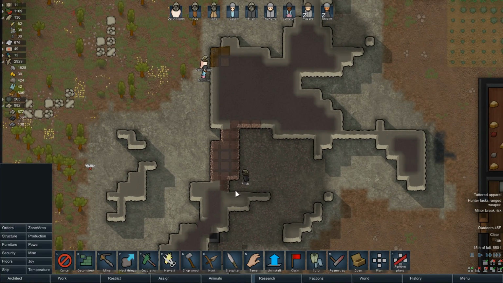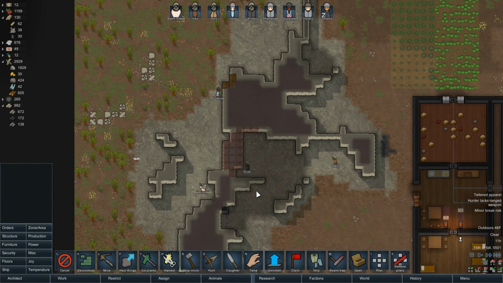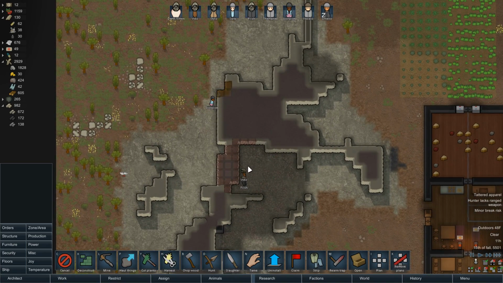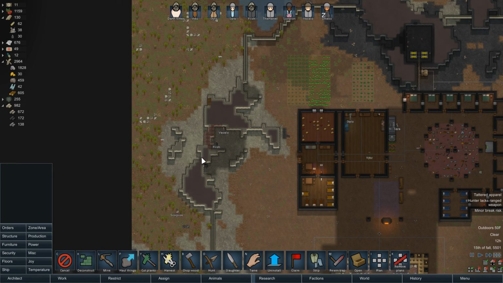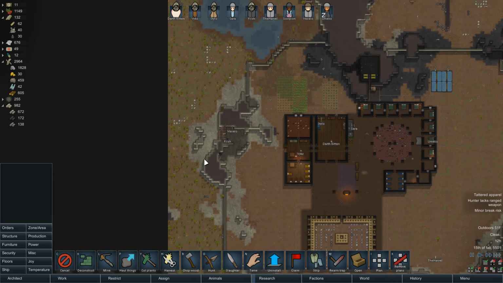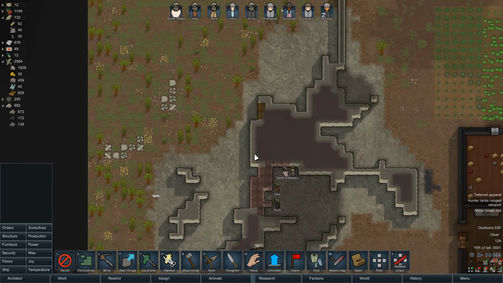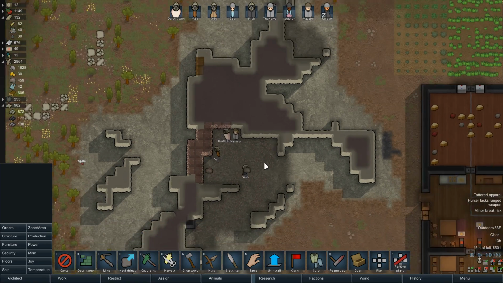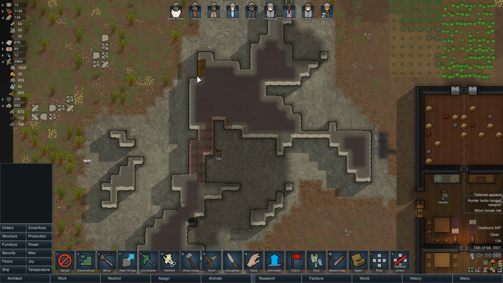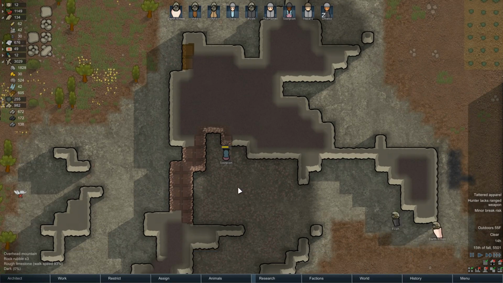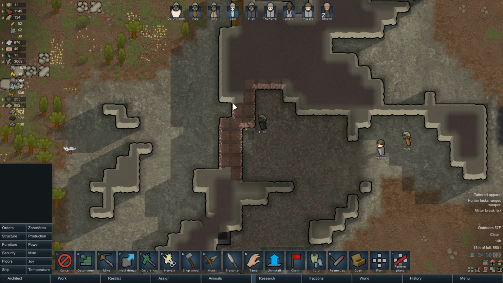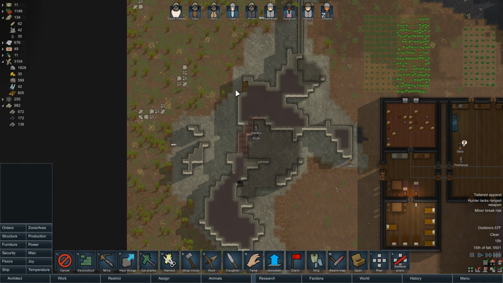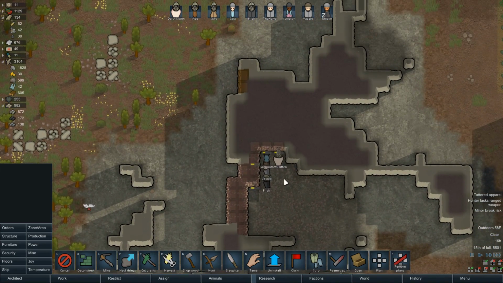Why did you... That's so weird. It's weird how it seems like sometimes when it comes to stuff like mining, your colonists choose what they want to mine based on their proximity to that particular thing, but then sometimes it seems like they choose certain resources over others. It seems like there's no real rhyme or reason for why they mine what they mine. I have no idea why those people chose to go all the way over here to mine those components, whereas everyone else is logically mining out the steel first. Yeah, I don't know. Colonists are weird in this game. They sometimes seem to have a mind of their own, and usually that's not a good thing.